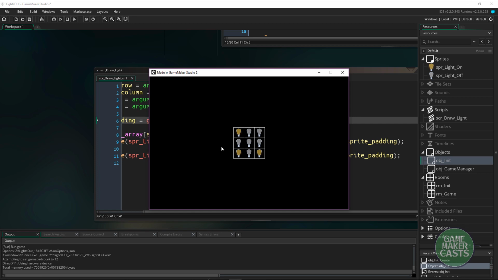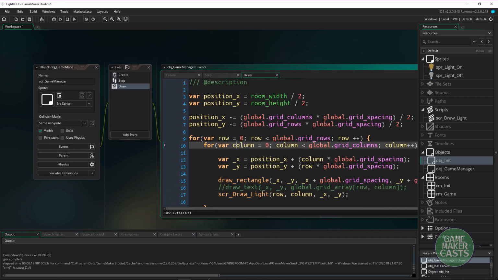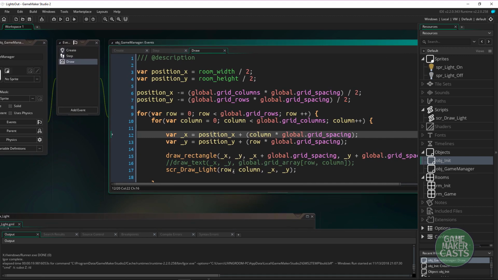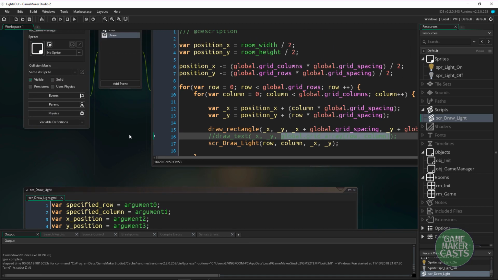Now all we have to do, and this was coming up in the next video, is work on the clicking, and once we click on something, we'll have to check to see if all of the lights are turned off. And I'll give you a little hint before we actually go into that tutorial, because all you're really doing is you're going to be checking each row and each column to see if at that specific grid item is equal to 1, meaning that the light is turned on according to our light script here on this else statement. So if that current grid item at the row and column is equal to 1, the light is turned on, and you know that you have not won the game. So that's just a little bit of a hint if you wanted to try it